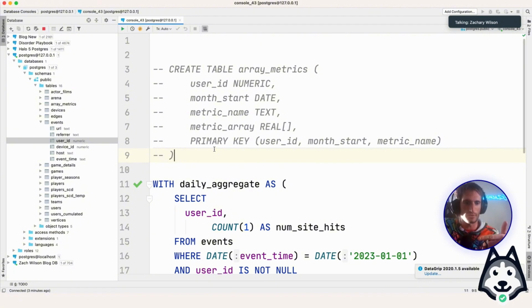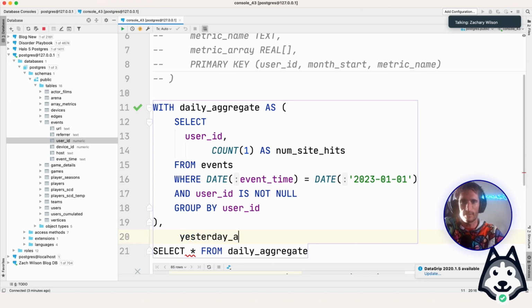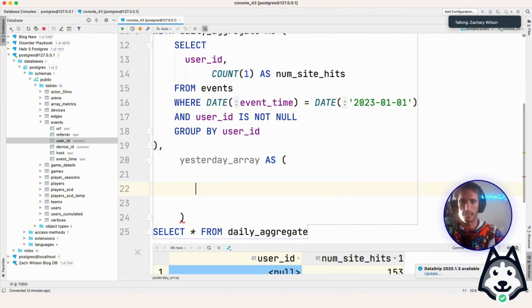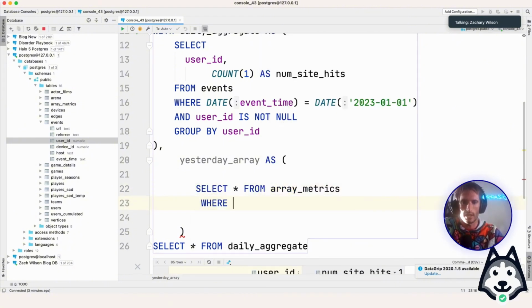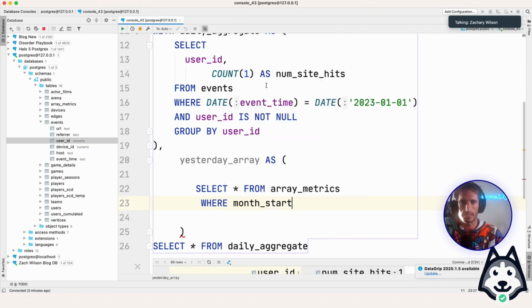Like on January 1st, the array will have one value, then it will have two values, then it will have three values, all the way up, right? So that's something that we need to consider when we are building this out. So let's go and get yesterday array as, and then in this case, we're just going to say select star from array metrics, where month start equals date 2023-01-01, because that's all